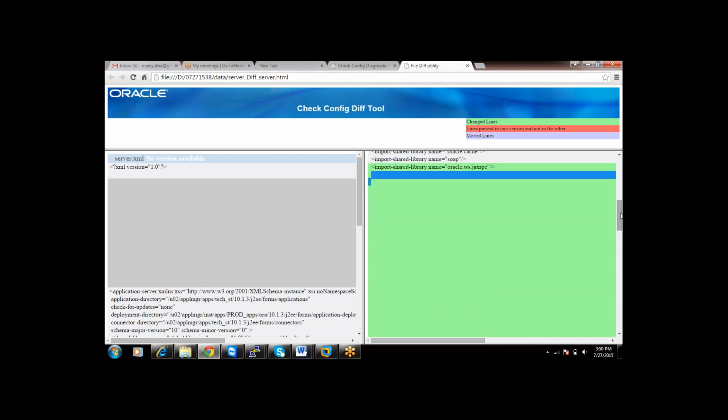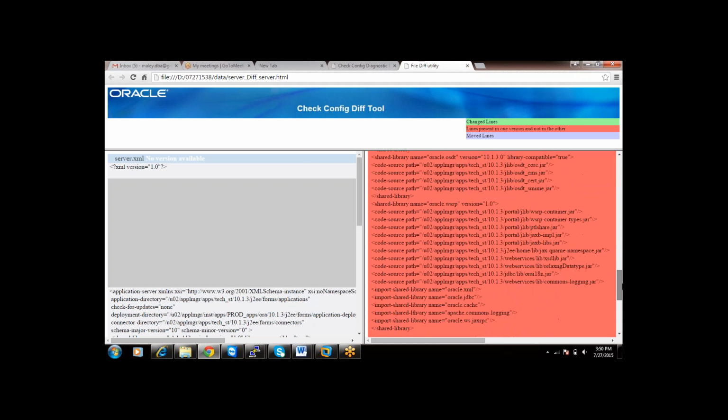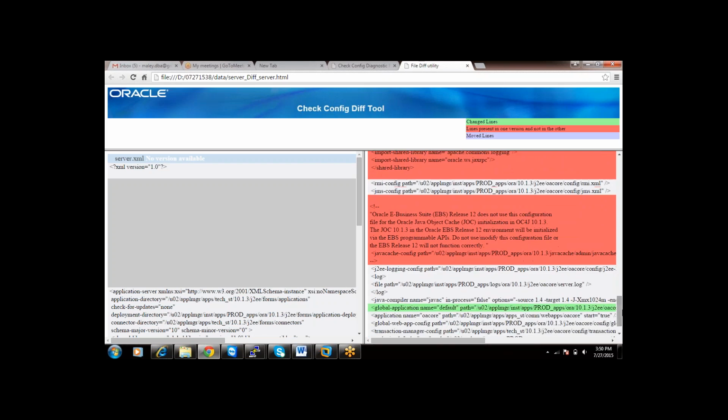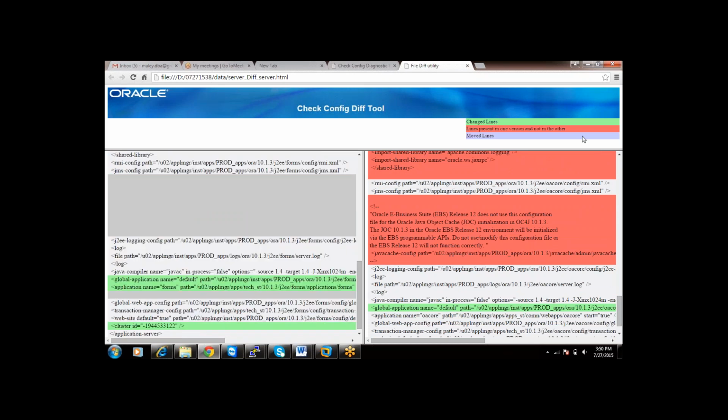Basically, whenever we run autoconfig, we will have an idea why we are running it. We will go to the configuration file and check whether the change has been reflected or not. But here, for example, I am showing you these are all the things which are going to change when you compare to this file. Is it clear? I'll show you some more things.